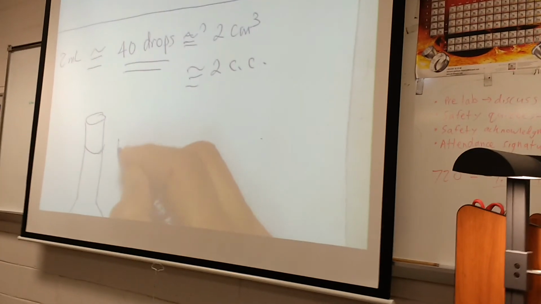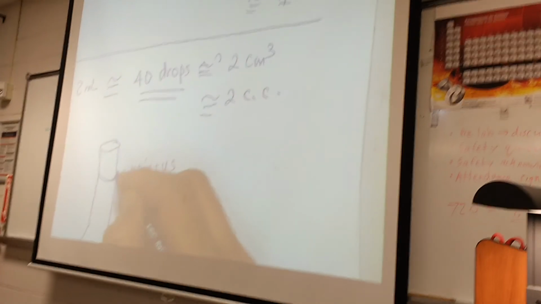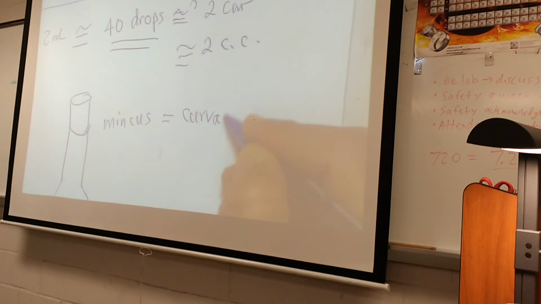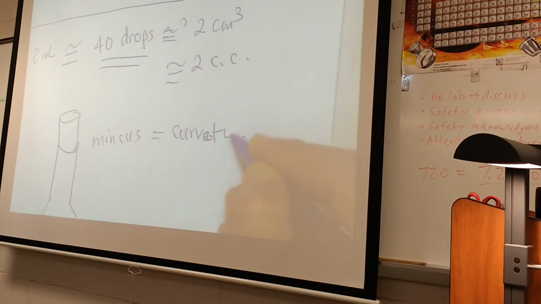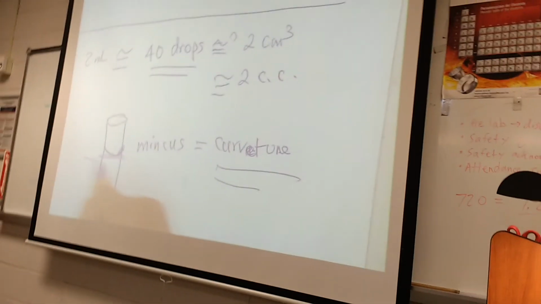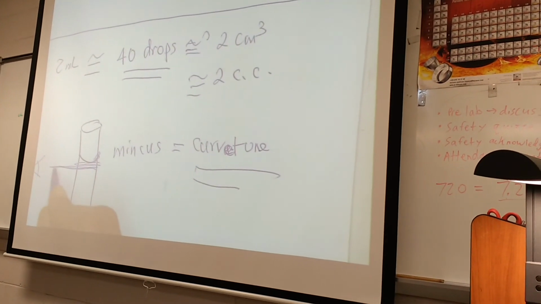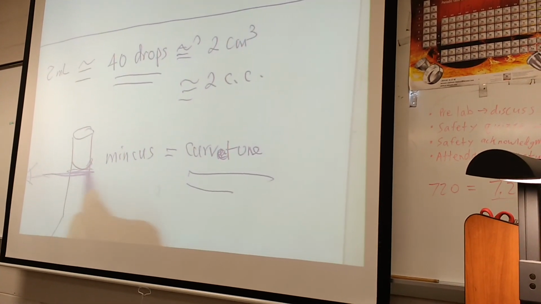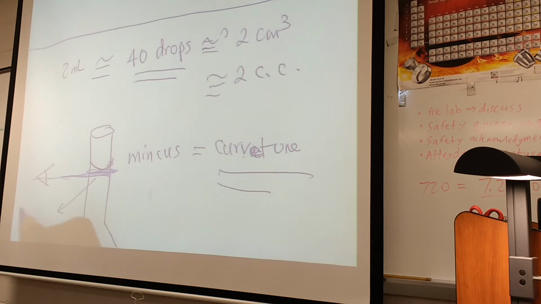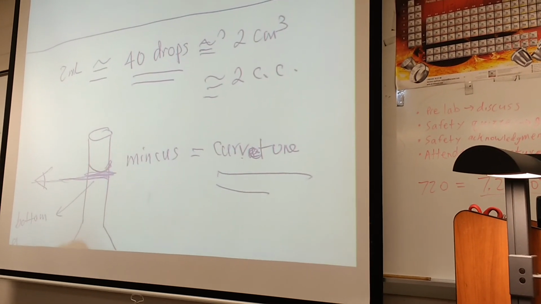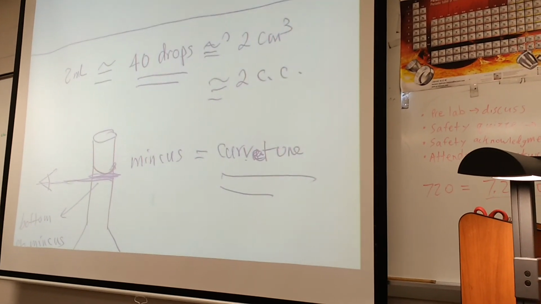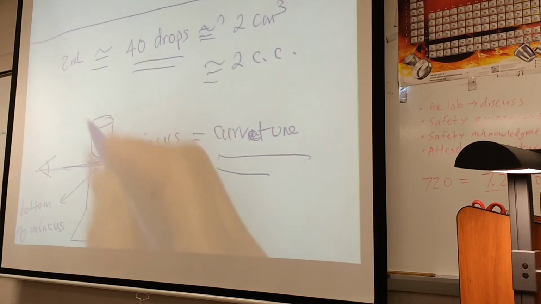This is called what? Meniscus. This meniscus means curvature. Curvature here. Our eyes have to come and look at here, at the bottom of the meniscus. This is the bottom of the meniscus. Now, the problem with the meniscus is if I go and look at the top,